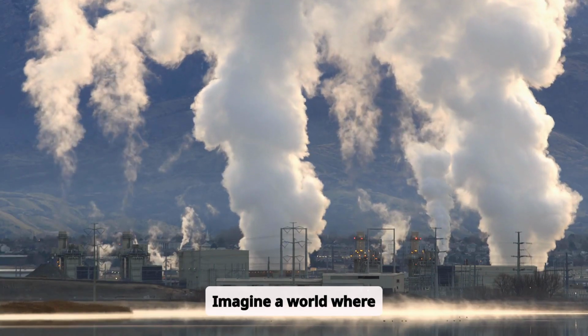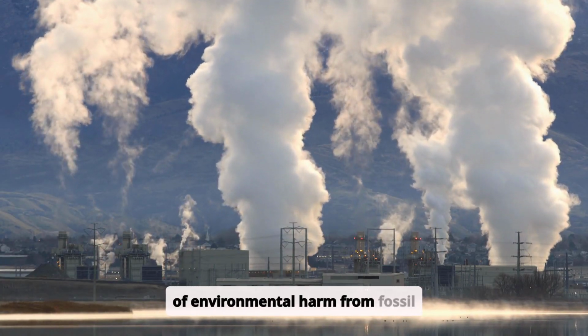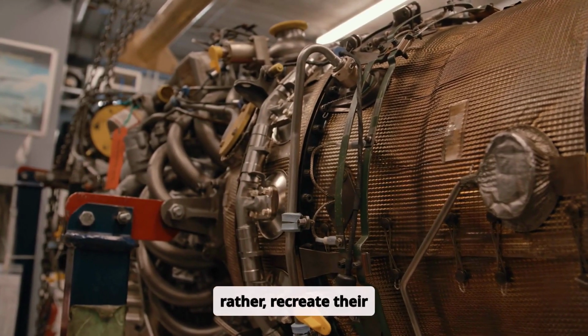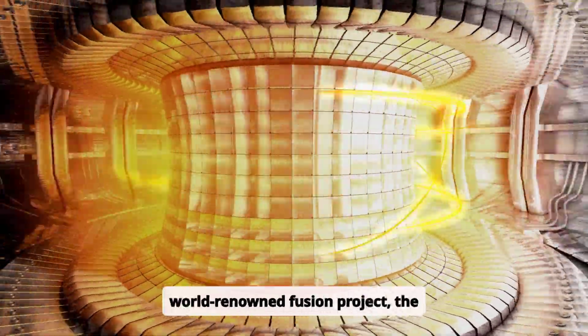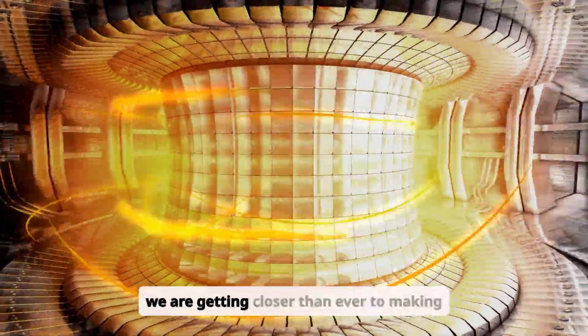Imagine a world where humanity no longer wrestles with the weight of energy crises or the burden of environmental harm from fossil fuels. Instead, we turn to the stars, or rather, recreate their power on Earth. This isn't a vision of a distant future. Thanks to China's world-renowned fusion project, the experimental advanced superconducting tokamak, or EAST, we are getting closer than ever to